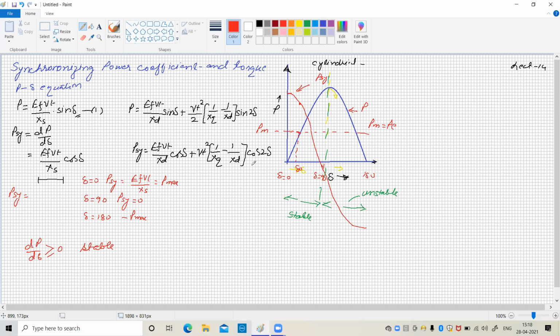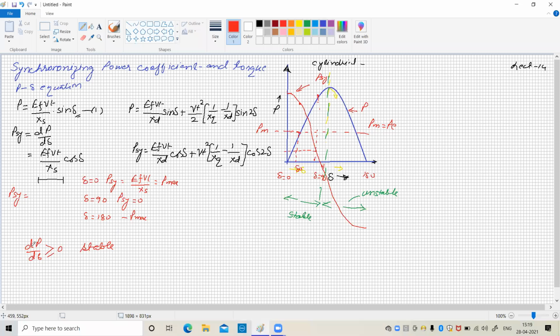So the system is stable. Now if you increase the load on the alternator, no doubt the angle increases. Here the power also increases. But what is the value of the synchronizing power coefficient? It is very small, and we can say that it is on the verge of instability. Any disturbance, any minute change or sudden application of fault, sudden increase in load, sudden decrease in load, or there may be a loss of power, loss of generation, this oscillation or sudden change may push the synchronous alternator into the unstable region.